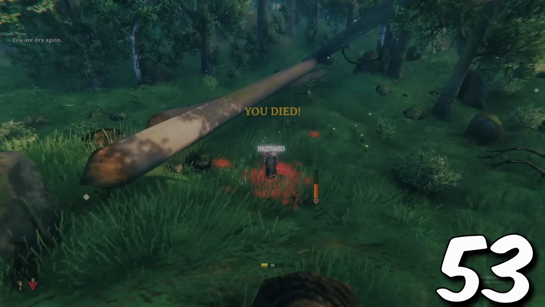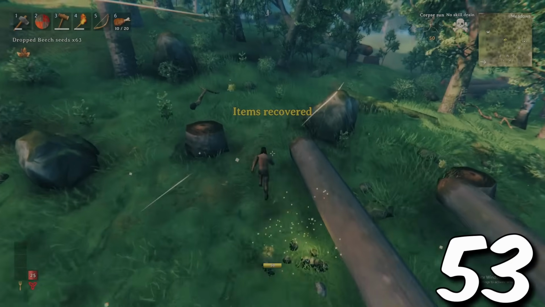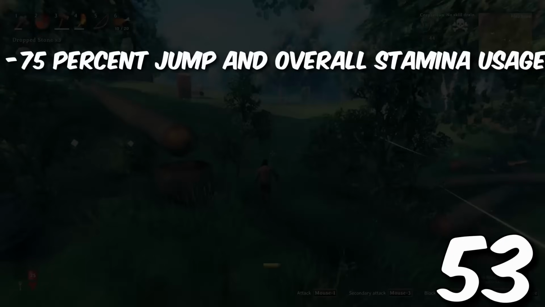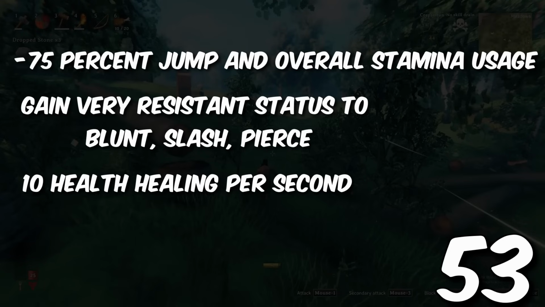When you die, a tombstone will spawn at the location containing your inventory at time of death. After retrieving your inventory, you will receive the corpse run effect, assisting your retreat from your death location. While this buff is active, you gain minus 70% jump and overall stamina usage. You receive the very resistant status to blunt, slash, and pierce damage. You gain 10 health healing per second,